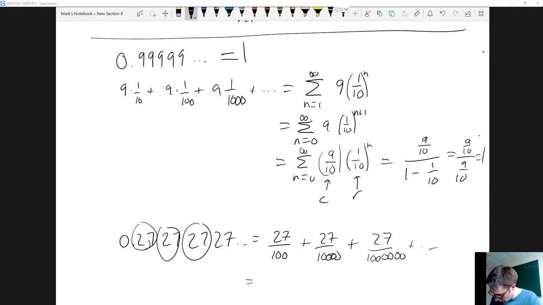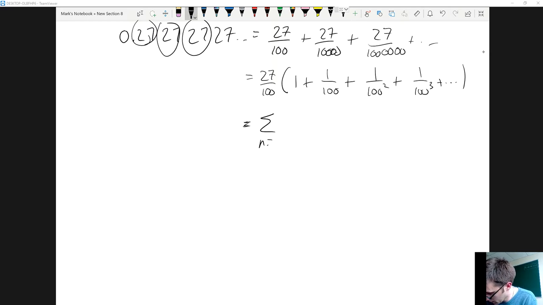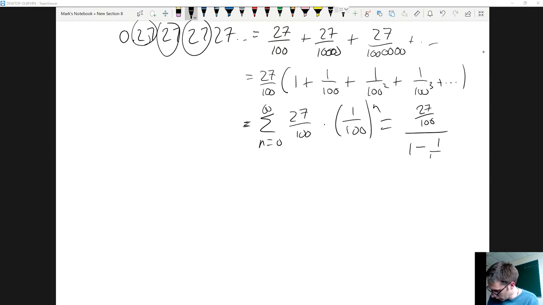And so we could write that as 27 over 100 times 1 plus 1 over 100 plus 1 over 100 squared plus 1 over 100 cubed, which is going to be a geometric series, 27 over 100 times 1 over 100 to the n, and it converges to the first term, which is 27 over 100 over 1 minus 1 over 100, which would be 27 hundredths all over